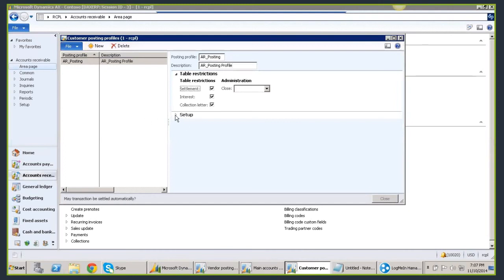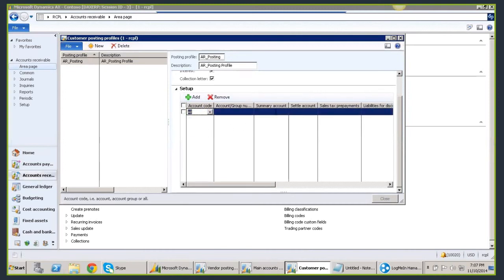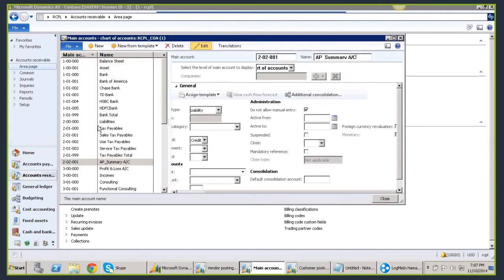I'm going to take up here, same thing. Everything is going to be the same. Go to your main accounts, every one of you knows. Click on view details. You'll be navigating to your main account here, and I'm going to create the summary account